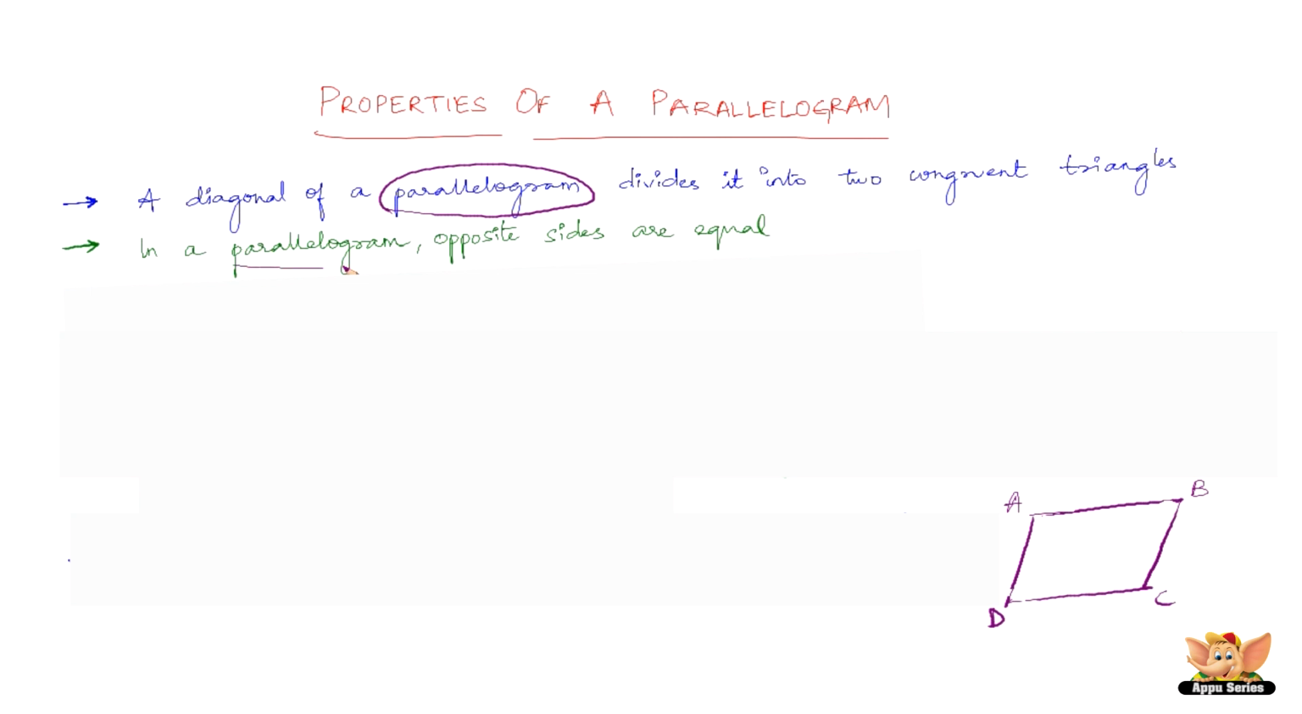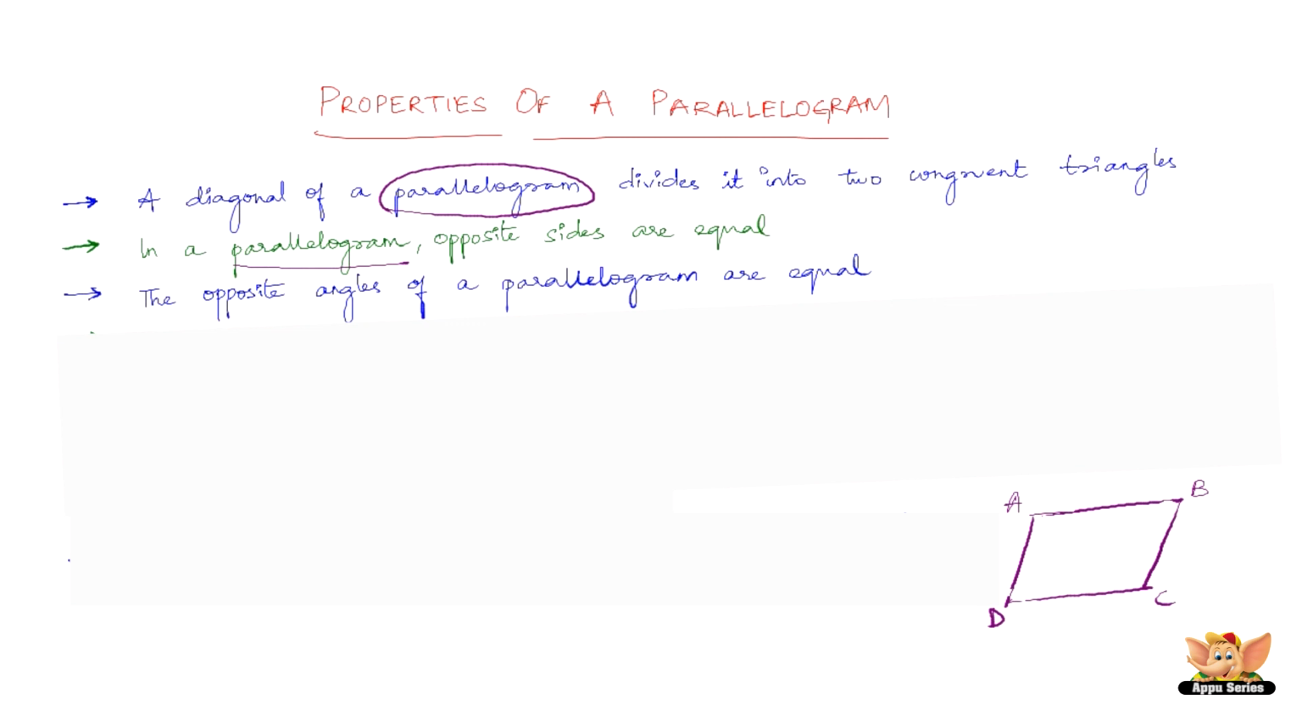In a parallelogram, opposite sides are equal. So, the opposite sides here are AB and DC, and AD and BC. They are equal to each other in length. That's exactly what this second property says. Third property says that